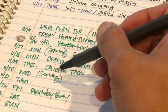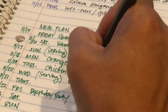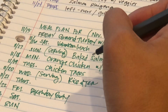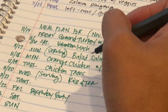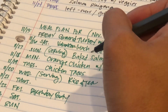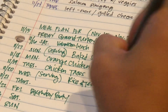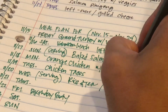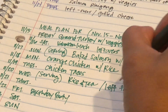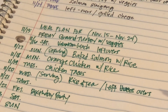And then Wednesday I'll be serving, so we're gonna do easy. It's gonna be rice and tea. It's like a Japanese rice packet. It's like a seasoning packet, and then we just pour that seasoning packet over the rice and get boiling water on top of it. It's really good. Or we could have leftovers. I'm pretty sure we will have leftover chicken tacos, hopefully. So, leftovers. And then on Thursday